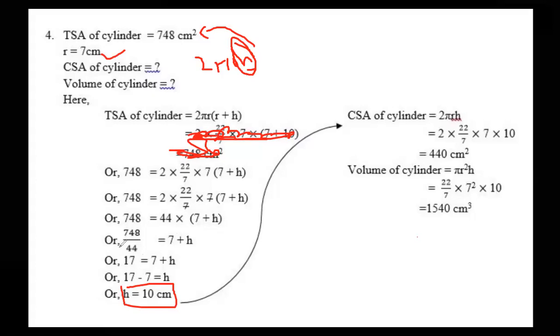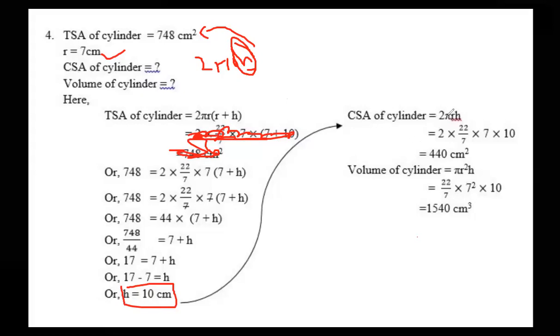After getting the value of h, and we already got the value of r, we just need these two things now to find CSA and volume. This is not a cone where we need to find L. In a cylinder we don't need to find L. Only in a cone do we need to find L. Remember again, in a cylinder only r and h are needed. We got the radius already, it is also given in the question itself. You found the height.